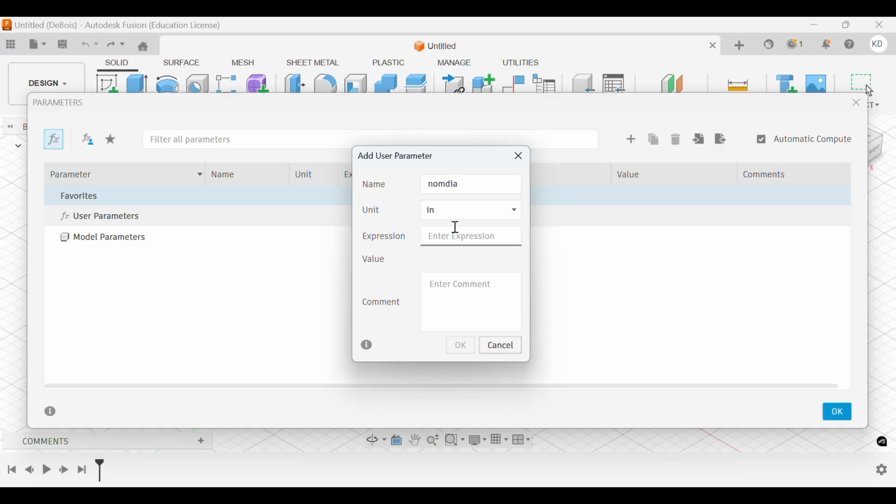Now you are going to make sure your unit is in inches. I would do whichever unit you are more comfortable with. If you're watching this from abroad, your units might be the metric system, but I am filming this in the United States of America, so I'm using inches. The expression for namdia is going to be 2.5, and then I'm going to type this in as nominal diameter,